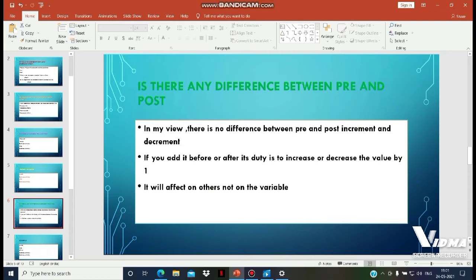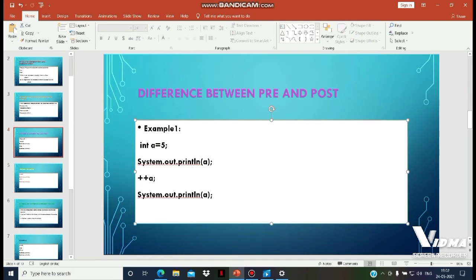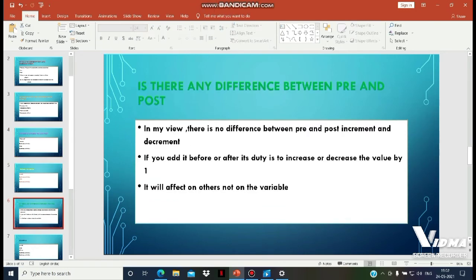The difference will not apply to a lone variable, that is, we executed here a plus plus, there is no change, and here plus plus a, no change. So when we apply it to an individual variable, there will be no change between pre-increment and post-increment.